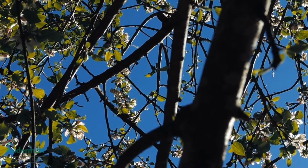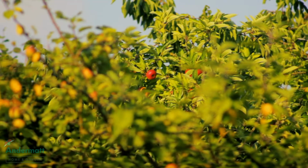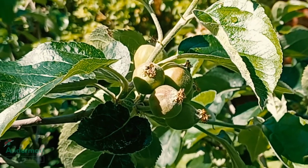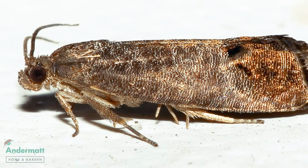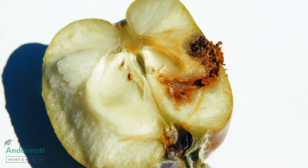Apple and pear trees are one of the most popular choices of trees for beginners, and once it gets warmer, the fruit has fully emerged and is ready to be picked. However, where harvests are, the codling moth isn't far behind. Adult codling moths lay their eggs on apple and pear trees, and after hatching, caterpillars burrow into the fruit, making